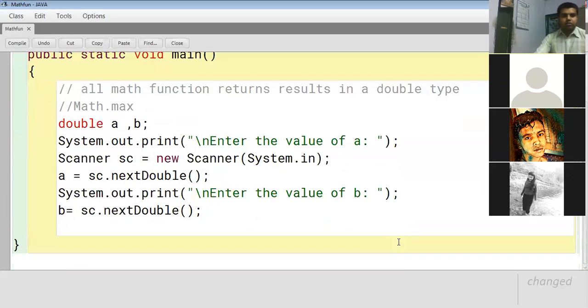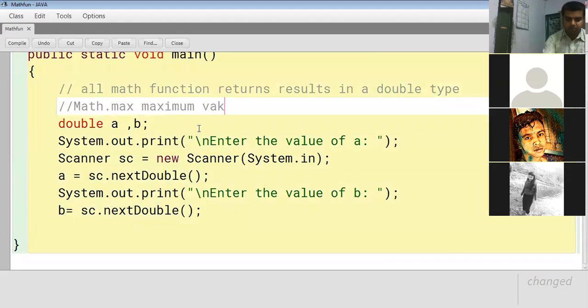So the first mathematical function is math.max. Math.max is the function which compares only two values and gives out the result in the form of the greater one. The maximum value will be returned.